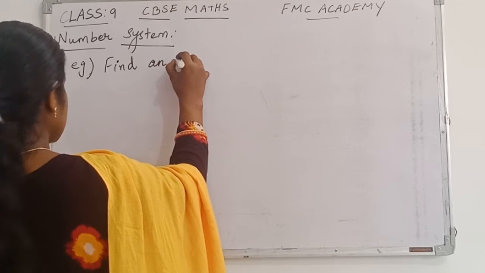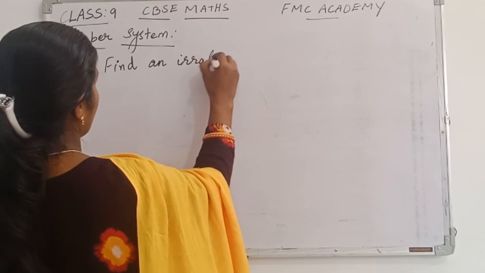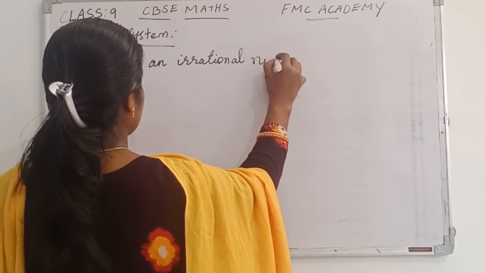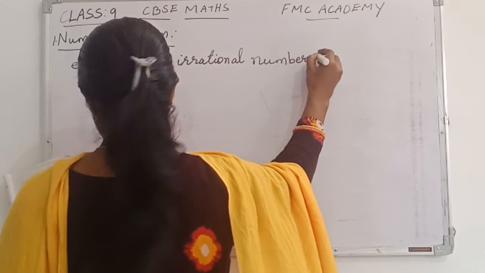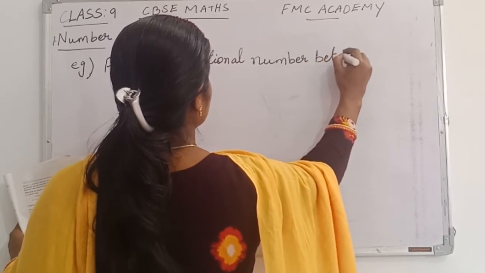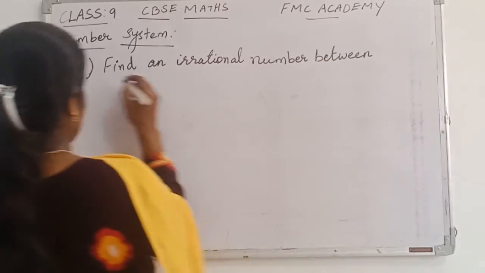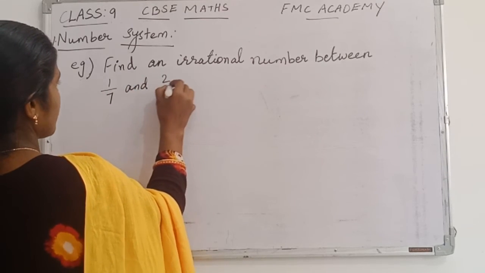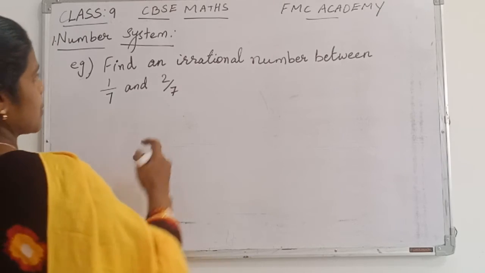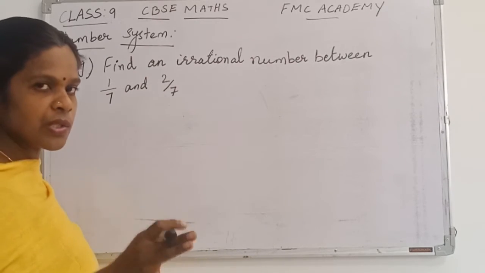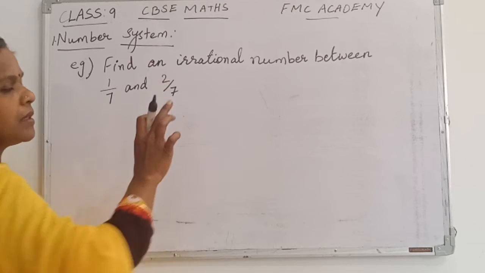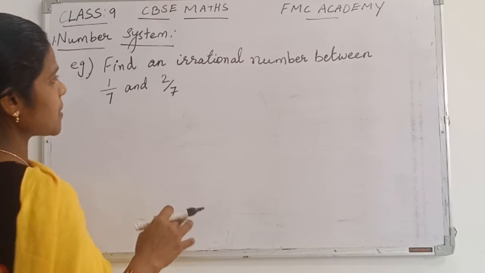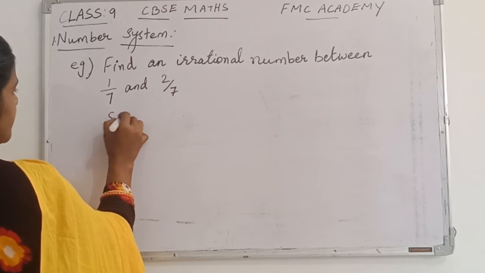Find an irrational number between 1 by 7 and 2 by 7. Okay, so actually here they have asked for only one number, otherwise also between any two numbers there are infinitely many numbers. Since only one number is asked, let us find that. So the first step,